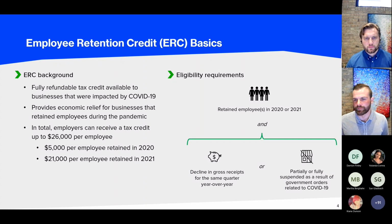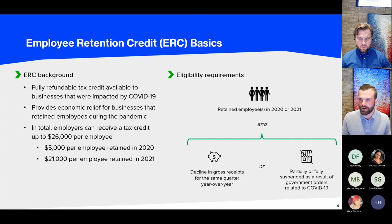And the breakdown of that would be eligibility, max eligible amount of $5,000 in 2020 per employee, and then $21,000 per employee as a maximum during 2021. But in order to calculate the credit and get there, we've got to go through some of the